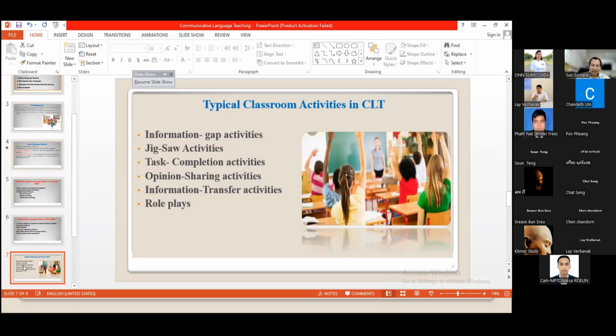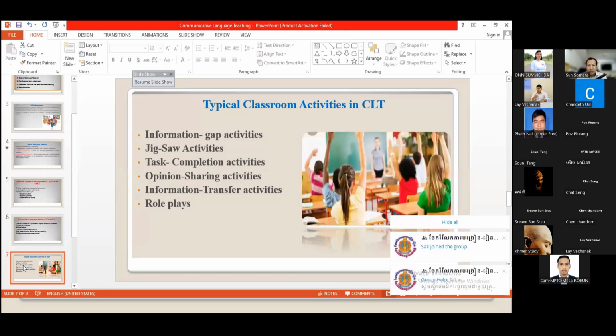That's an example. But the thing is, I just want you to clarify more about the potential problems that might happen while we are applying CLT. For example, students normally do not have the same ability when we let them work together in order to communicate or practice their language learning. Some of them are very interested in learning because they have enough ability to produce the language or share information with others. However,